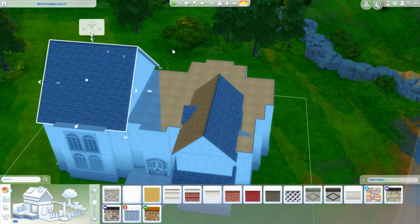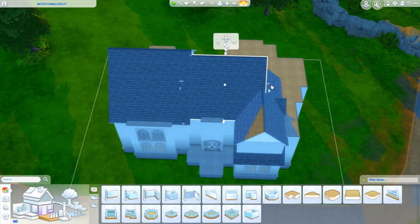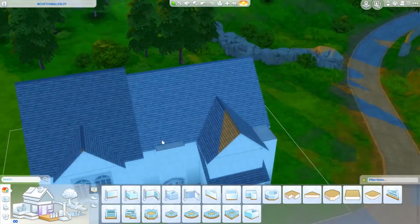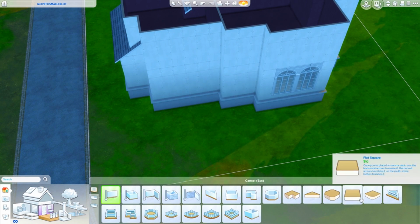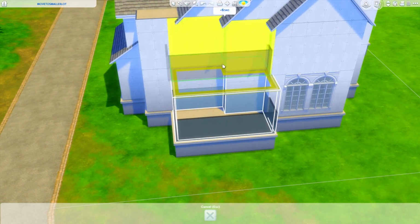But this one was really fun to make. And like I said, just because of the different way I was building. I was doing it by the rooms. And I kind of want to do that again sometime because I thought it would be really fun. And I didn't do it yet, but the